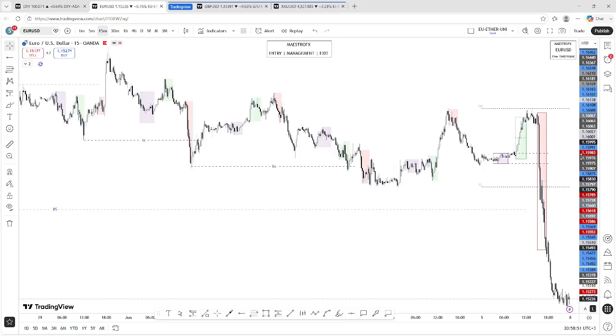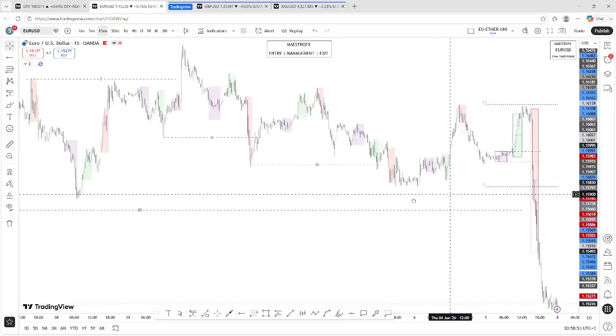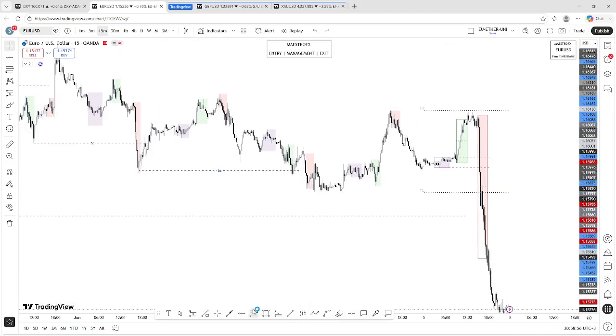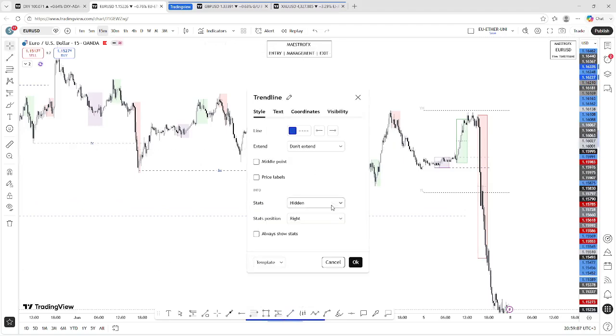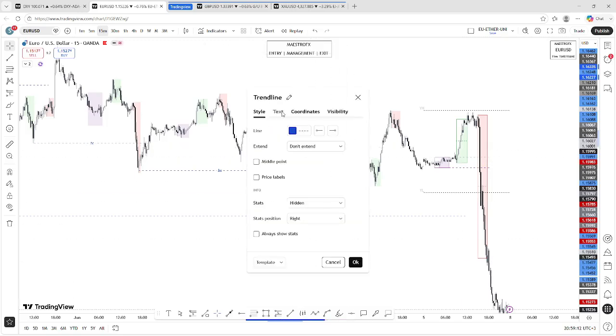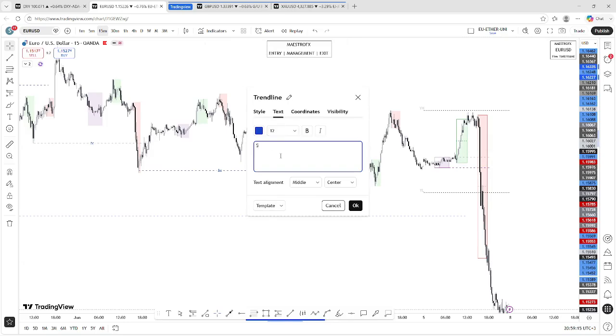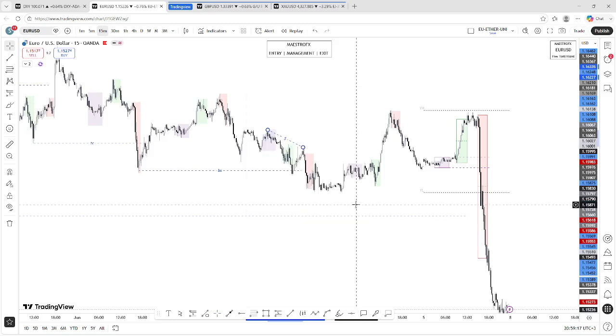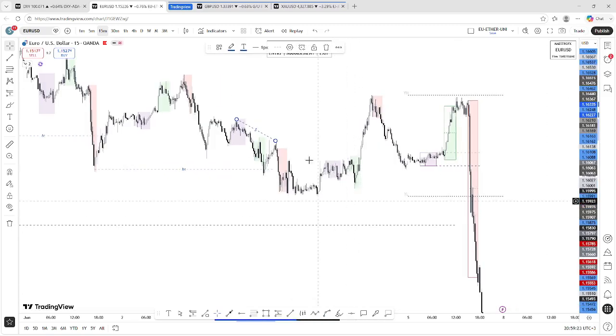And as usual, after every break of structure there has to be a correction to at least 61.8 Fibonacci levels, and you can see that we have all this internal liquidity, which price has to sweep in order to have the catalyst for the bearish move. Just looking at the charts, I can see that these are internal liquidity, and you can see that price corrected to